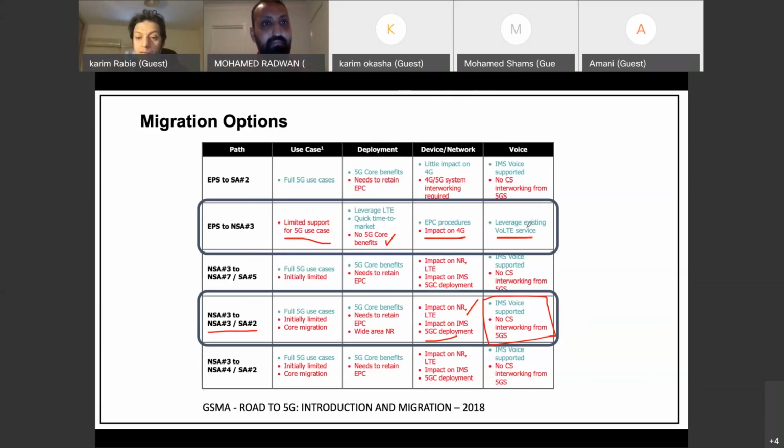It's either you fall back to 4G, so you get the voice over LTE, the one that you have always had in the 4G, or you can go for voice over NR, over new radio, which is still not that mature in the standards. So the main point here is that there is no CS fallback from 5G. It's either you go for fallback to 4G and you get the 4G VoLTE, or you go for the future roadmap for voice over new radio.